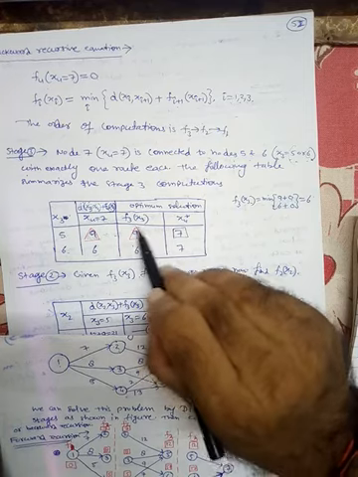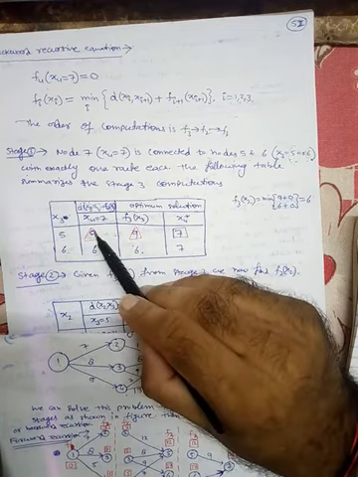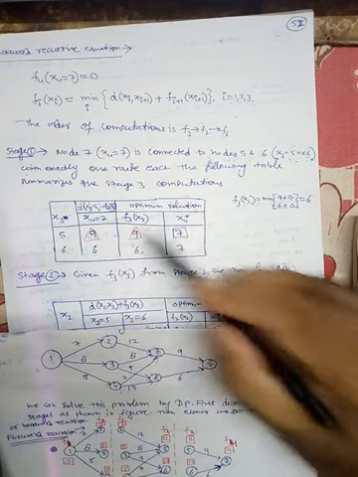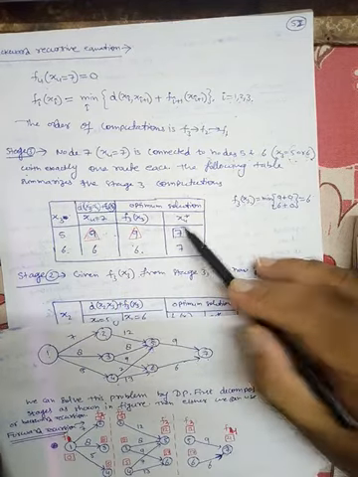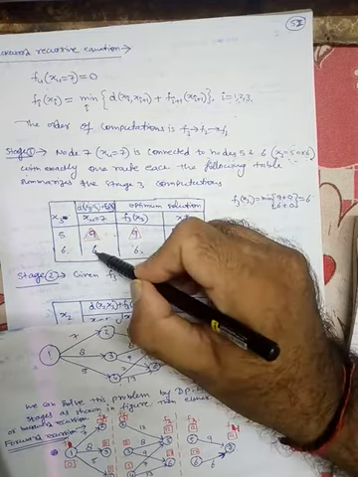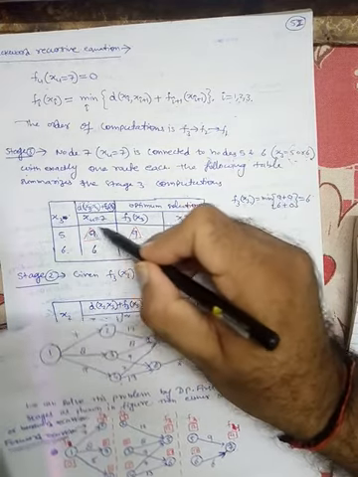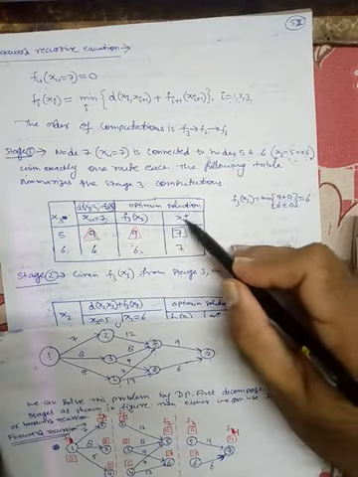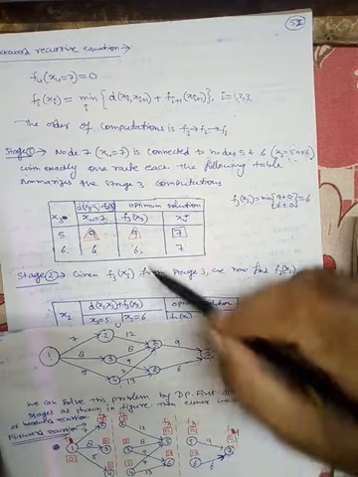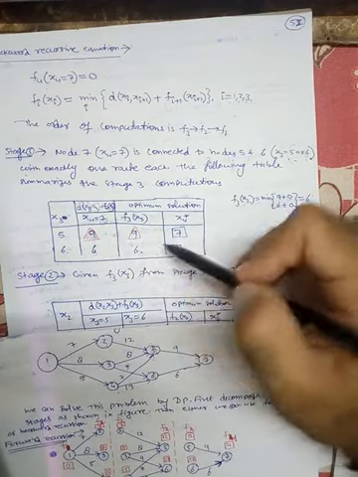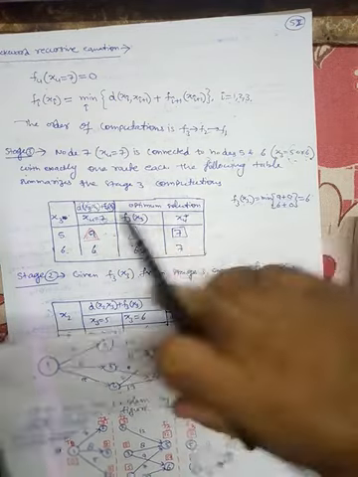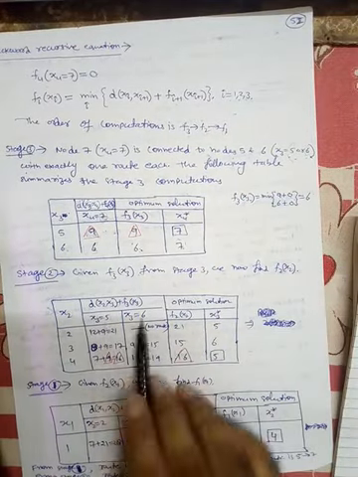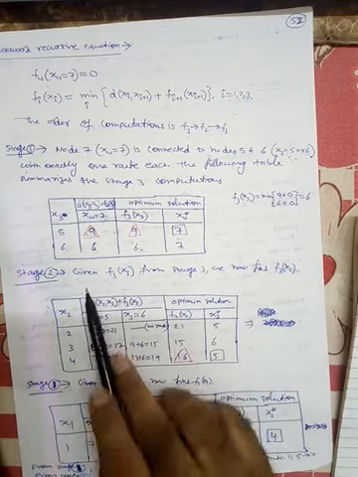Now this 9 कहाँ से आया है, ये 9 आया है यहाँ से, और ये आया है X4 is equal to 7 के लिए, that's why 7. Similarly, this 6 came from here and this 6 is associated with X4 is equal to 7 and hence this 7, and this is the optimum value of X4 star, ठीक। क्योंकि सिंगल कॉलम था इसलिए as it is same वैल्यू आ गई 7 and 7। और ये आपको समझ में आएगा कैसे आया नेक्स्ट वाले से, यहाँ क्योंकि यहाँ दो कॉलम हैं हमारे पास, ठीक।